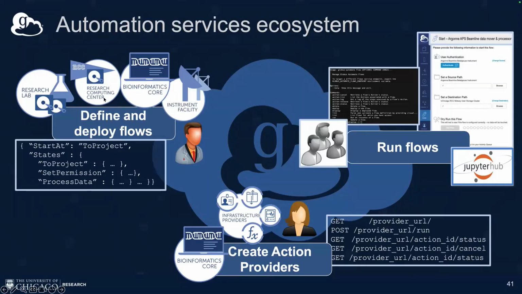So somebody defines flows, then they make them visible to themselves and potentially other people, maybe applications, or maybe groups that they define, or maybe the people who use the instrument facility. Then those people run the flows. And so there's a whole other part of the ecosystem involved with running things. You know, providing the nice start page that allows you to start a flow, and also the interface that